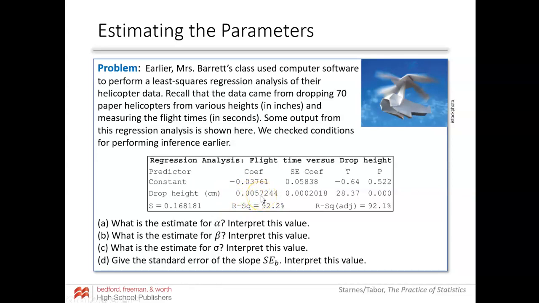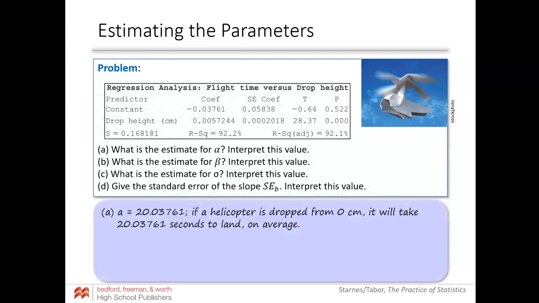There we go. All right, so it's been a minute since we looked at these Minitab outputs, and that's how these problems are probably going to look for us. We got to get used to this. So first, what is the estimate for alpha? Remember, we don't know alpha. So we're going to use A to estimate alpha, and remember A is the y-intercept. So the constant coefficient,